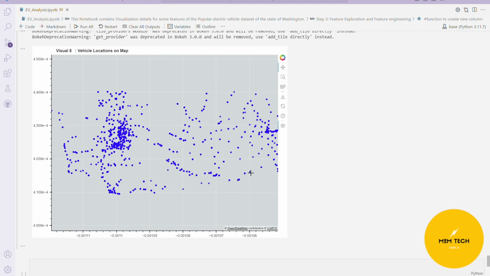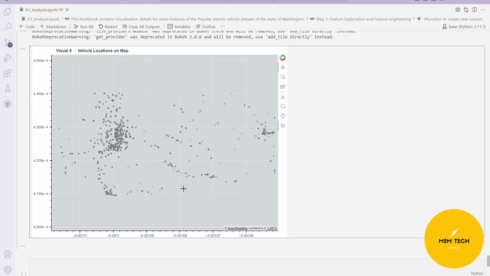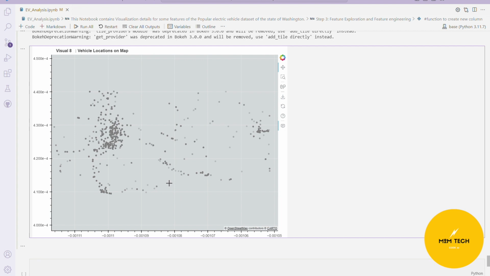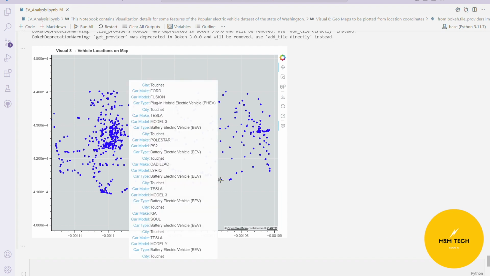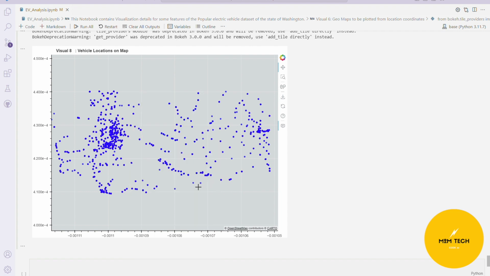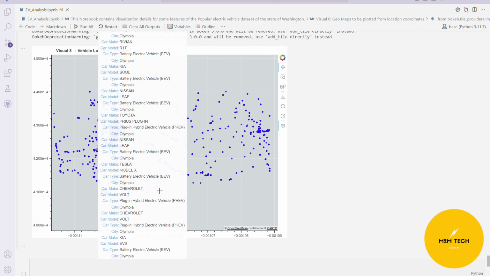If you mouse over any of the points, you would see